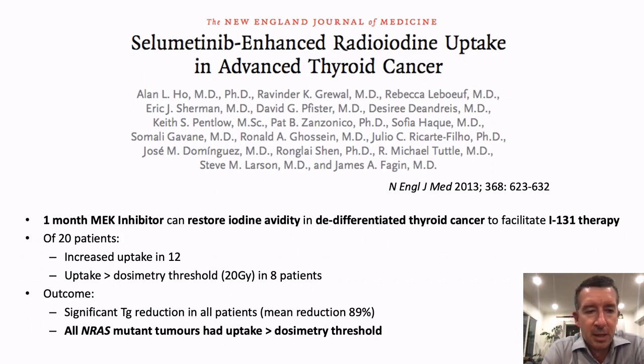So of this small study in 20 patients, the use of I-124 PET was able to demonstrate an increase in uptake in 12 of those, of which in 8 the activity was above a dosimetry threshold that enabled these patients to proceed with radioactive iodine treatment. And there was a significant reduction in thyroglobulin in all patients, with a mean reduction of 89%. And most importantly, all of the patients who had an NRAS mutation demonstrated uptake greater than that dosimetry threshold and